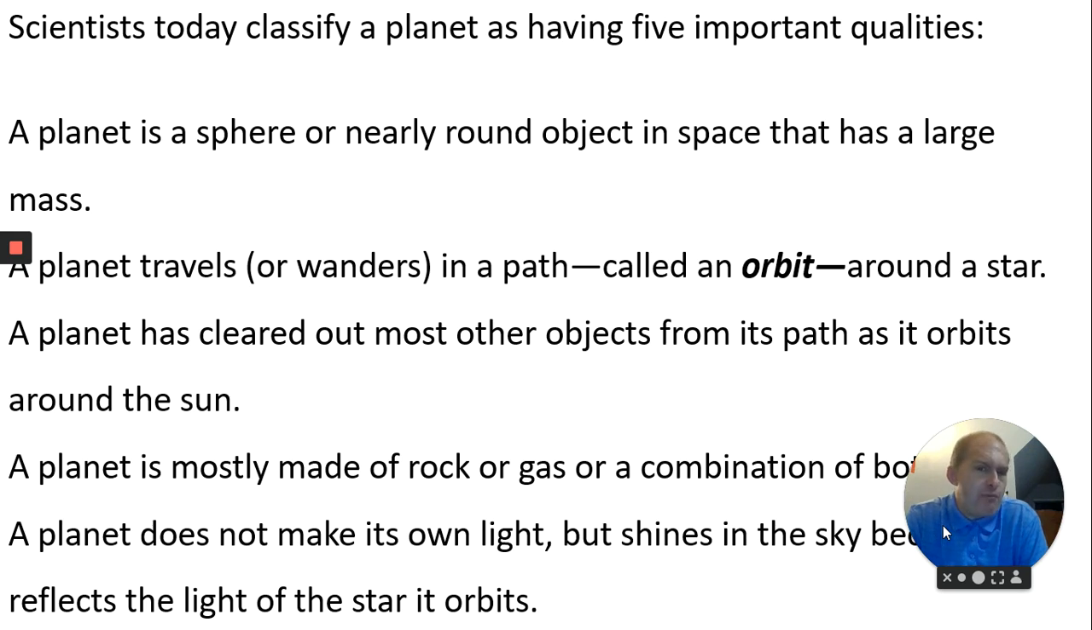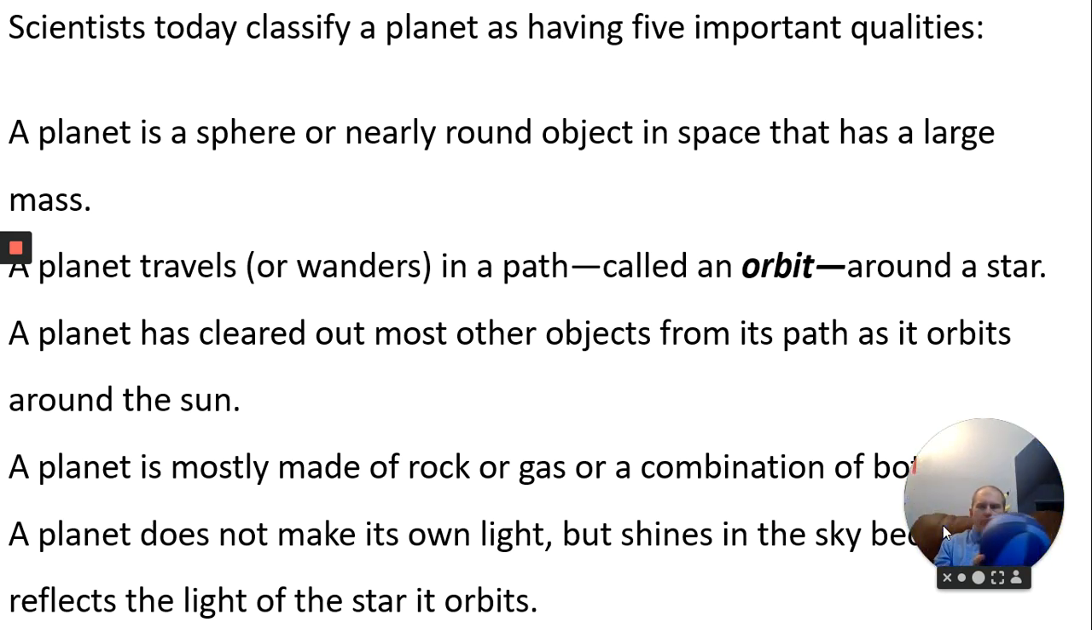Scientists today classify a planet as having 5 important qualities. 1, a planet is a sphere, or a nearly round object in space that has a large mass. Now, a sphere, like that, a very large mass. A planet is a sphere, or a nearly round object in space that has a large mass. 2, a planet travels or wanders in a path called an orbit